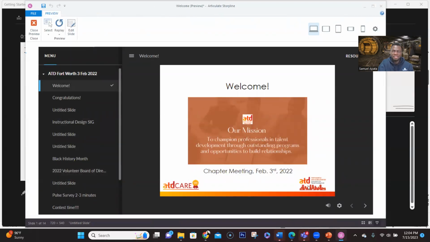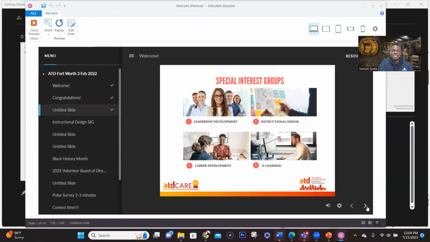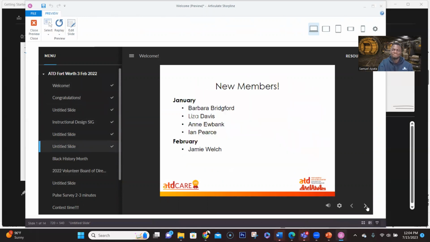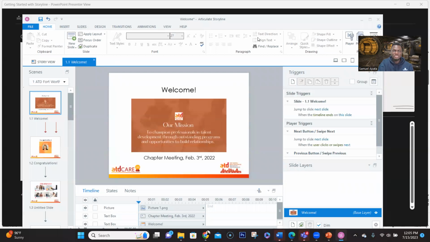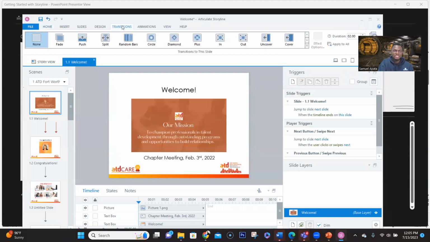You have your menu on the left, it behaves as normal, but you don't want to stop there. Essentially, you want to go ahead and do something else with your course. But while we're here, I feel like it's a good place to talk about slide transitions. If you're transitioning between slides, here's a good place to start. You can actually choose any of these animations, but we'll cover that more in depth in the next lesson. So for now, let's close this out